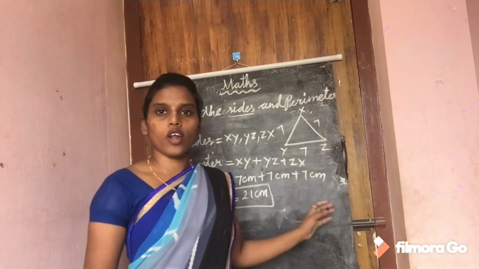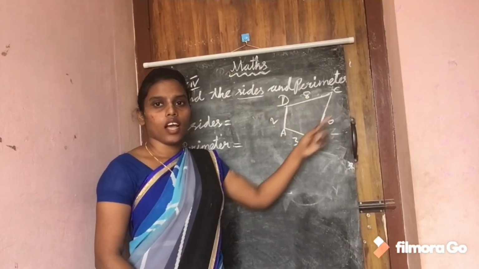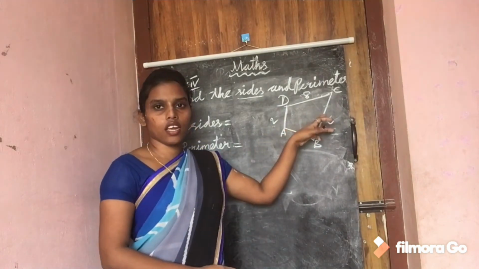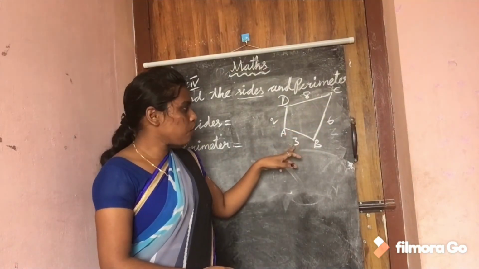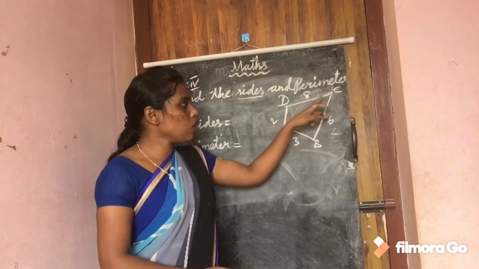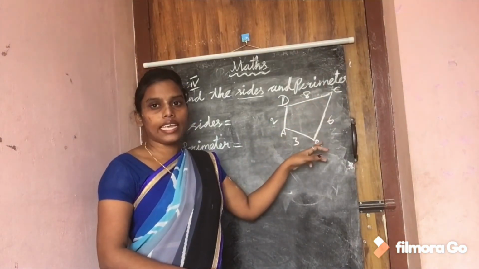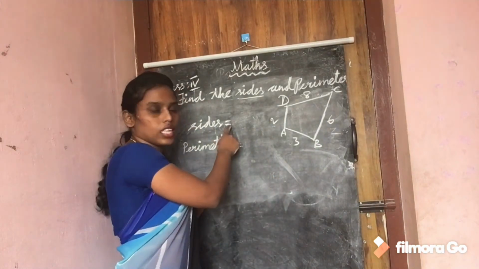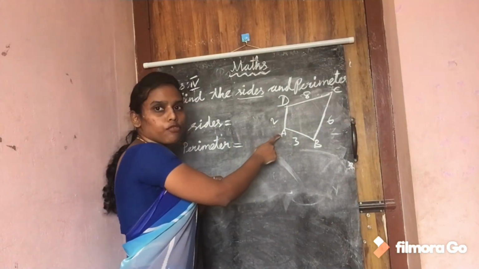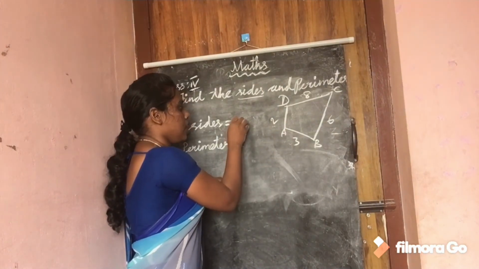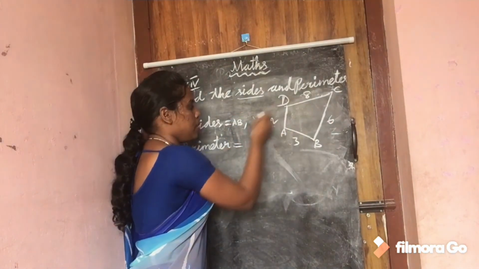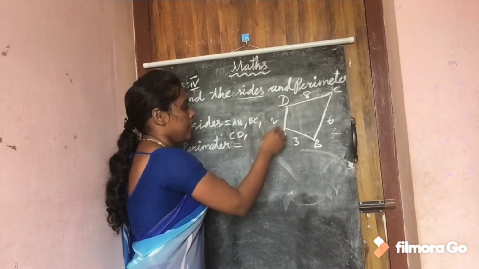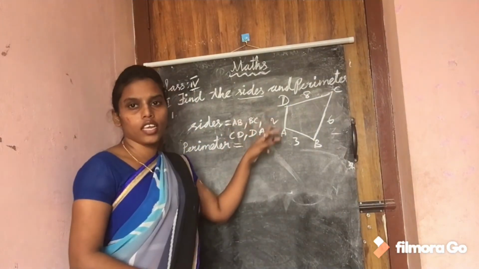Yes. Again I will do one more sum for you. You will see another sum. See. A, B, C, D. 4 sides are given here and 4 different sides are there because the 4 sides are not equal in length. Okay, so the 4 different sides are there. We are going to find out the sides first. See, what are the 4 sides? AB. AB is here one side, then BC, then CD, then DA. These are the 4 sides.